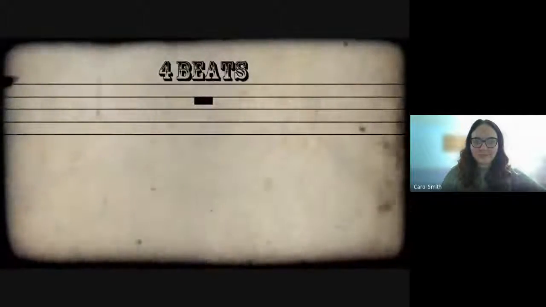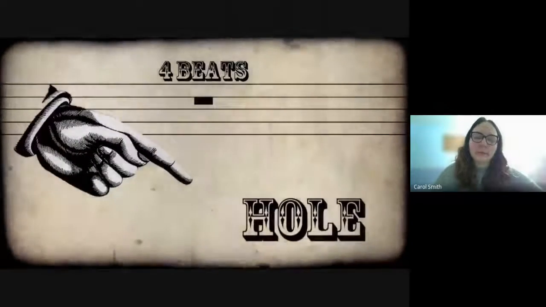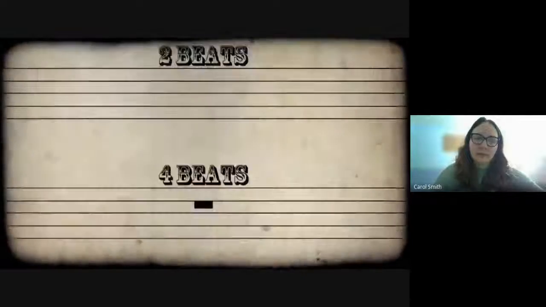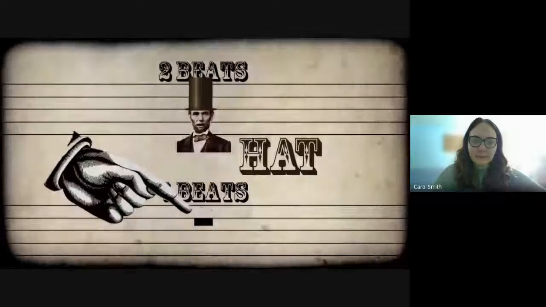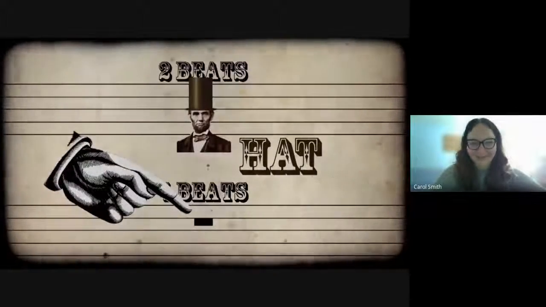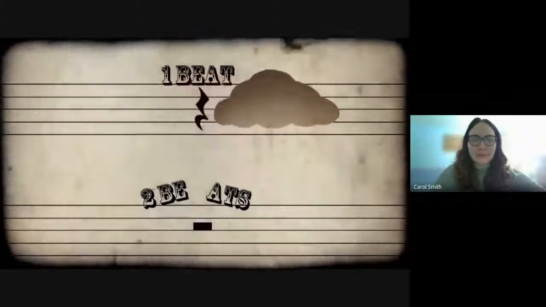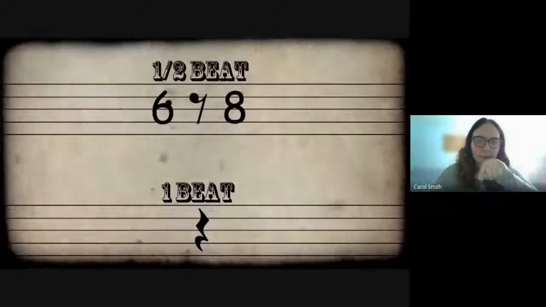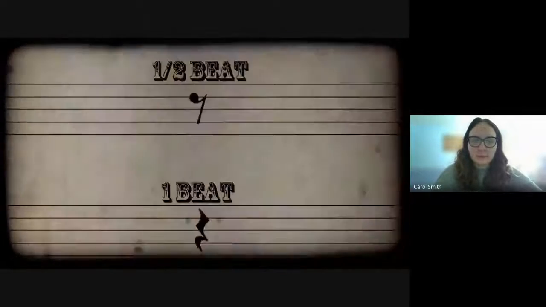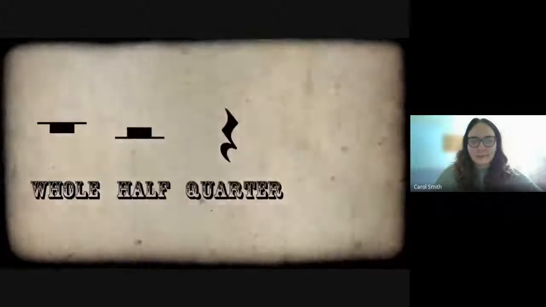This is a whole rest. It looks like a hole. Hole, hole. Hey, that's easy to remember. The half rest looks like a hat. There's a hole there. I'd never fall in that. The quarter rest looks like lightning. I just fell in a hole. 8th rest looks like a 7 with a wart on its nose. This was Rests, brought to you by Whole, Half, Quarter, and 8th.